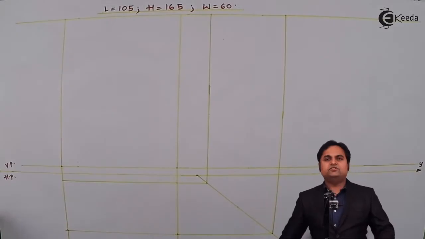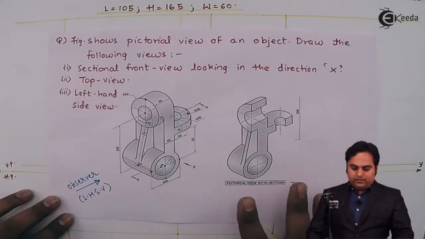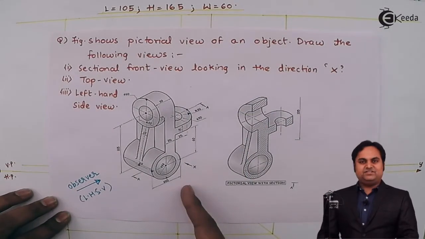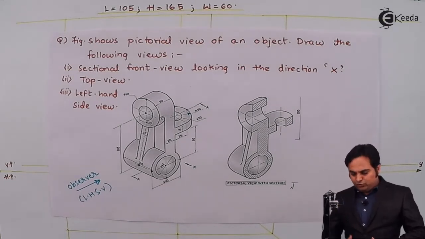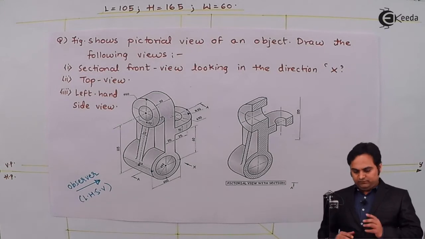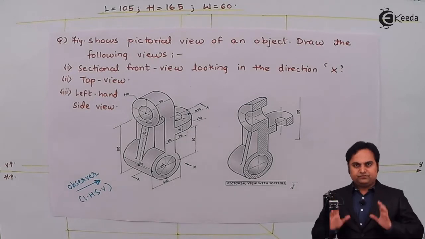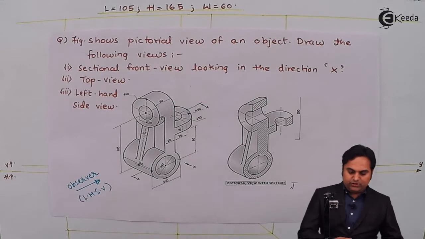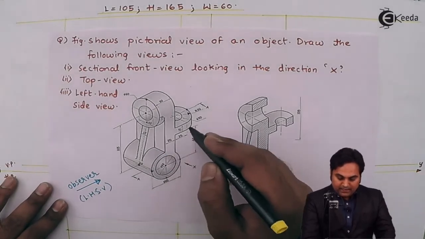Now, the first thing from where we should start is the front view. In the question, it is said that we have to draw the sectional front view looking in the direction X. But I won't be drawing the sectional front view at the start. First, I have to move in this question in such a way that there is no sectional view, meaning whatever is given, I have to draw it plain without cutting, that is, without taking the section. So looking along X direction, I am going to first draw the plain front view, and when I am looking along X, the first thing which is visible to me are